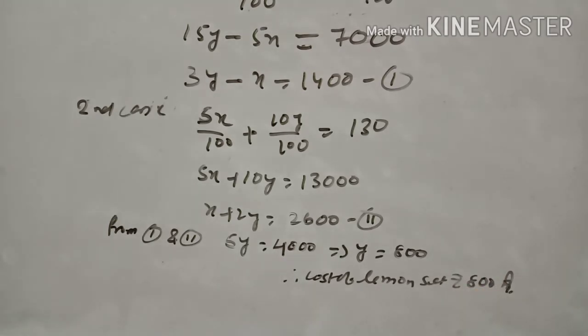Write down please. Question number 24: it is given that the students of a class are made to stand in complete rows. If one student is extra in a row, there would be 2 rows less, and if one student is less in a row, there would be 3 rows more. Find the number of students in the class.